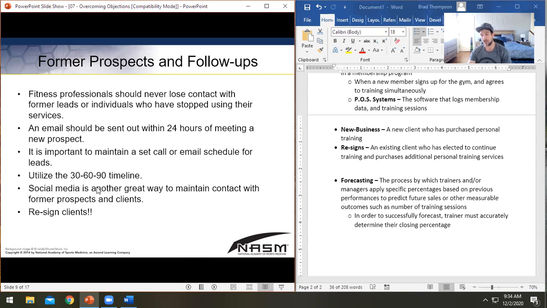Reach out again in 30 days, 60 days, and 90 days. I would usually reach out about 3 times just to see how they're doing. If I did a fitness assessment with someone and built them a program and they were like, yeah, I'm really not interested in training, you know what, that's great. That's fine. Take this program. I think it's going to work really well for you.